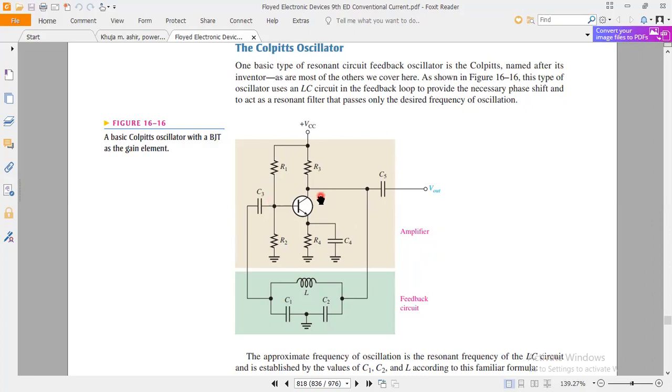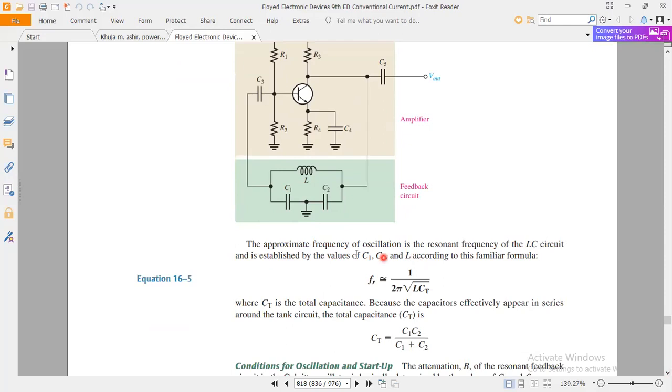So this Colpitts oscillator is divided into two sections. This configuration of amplifier we call a BJT amplifier, a power amplifier, and a feedback control loop circuit is also available to fulfill the requirement of charging and discharging phenomena to produce the oscillatory signal in the form of sine wave, square wave, and particularly sawtooth wave. The feedback circuit is configured in this way to fulfill the requirement. Now we are here to discuss its working and the formula.